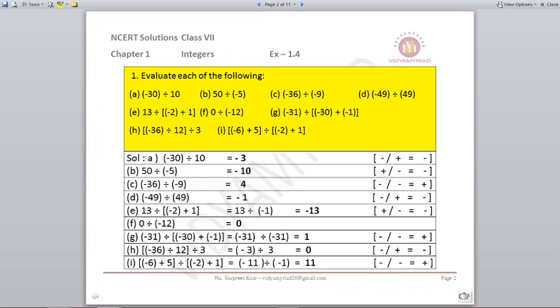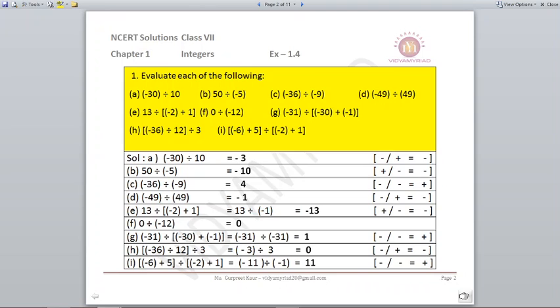Now here you have part A, 30 divided by 10. So you know it is 3, but the sign will come as minus. There is one negative in the case of division. Again the rule is your answer will be negative. If there are two negatives, they will get cancelled and your answer will come positive. Okay. So let's see part B, 50 divided by 5, we know 10, but it will come as minus 10.